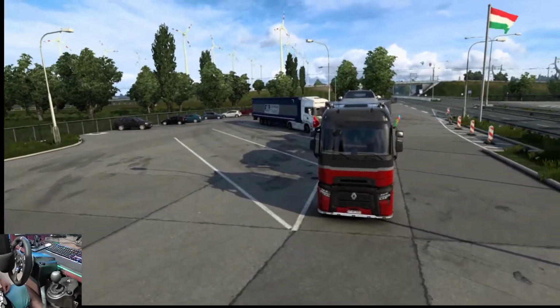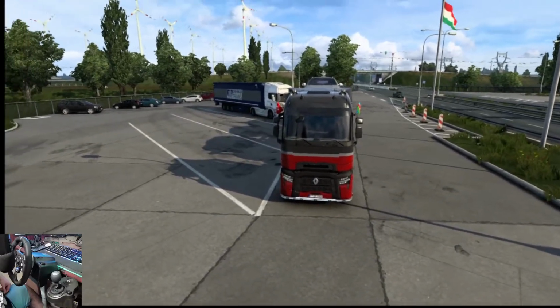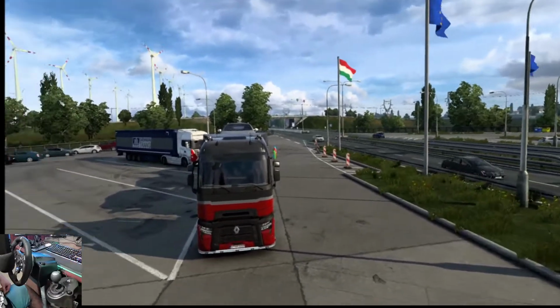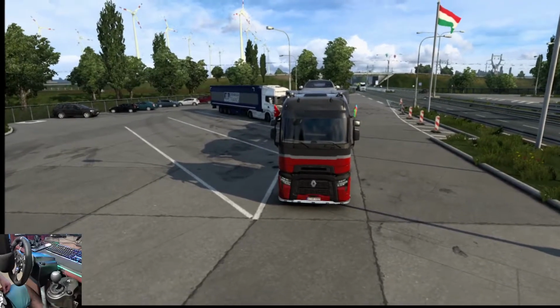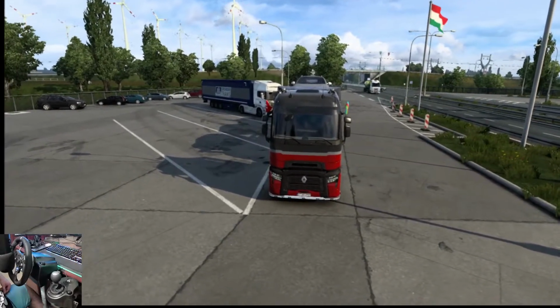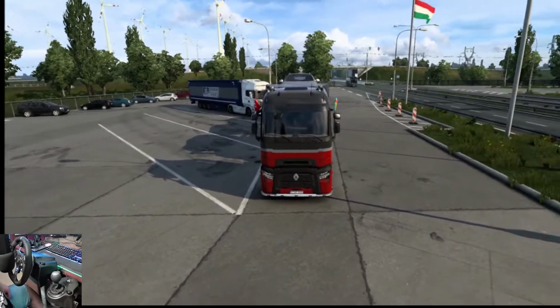Today we're playing Euro Truck Simulator 2 in virtual reality again. We've got that brand new Renault truck, and we're doing a pretty lengthy delivery, basically going from France to Turkey. We're going to Istanbul. I don't know if we're gonna do the entire trip in one go today, but in